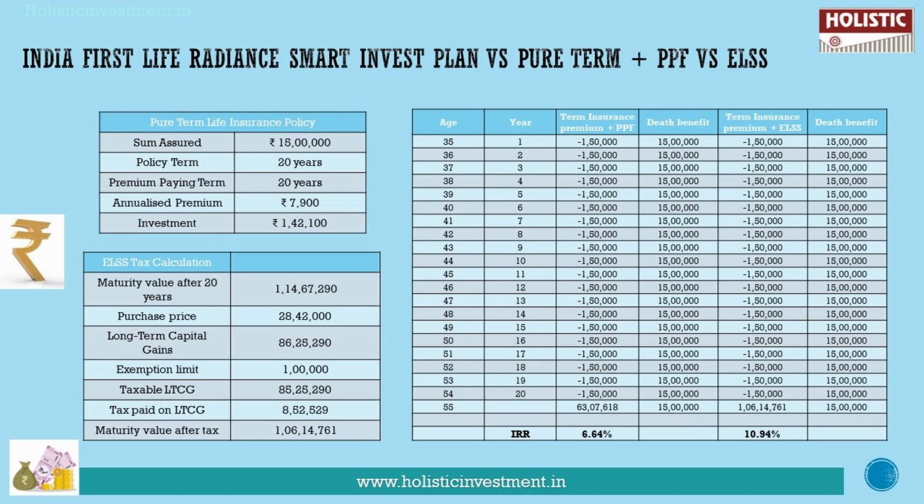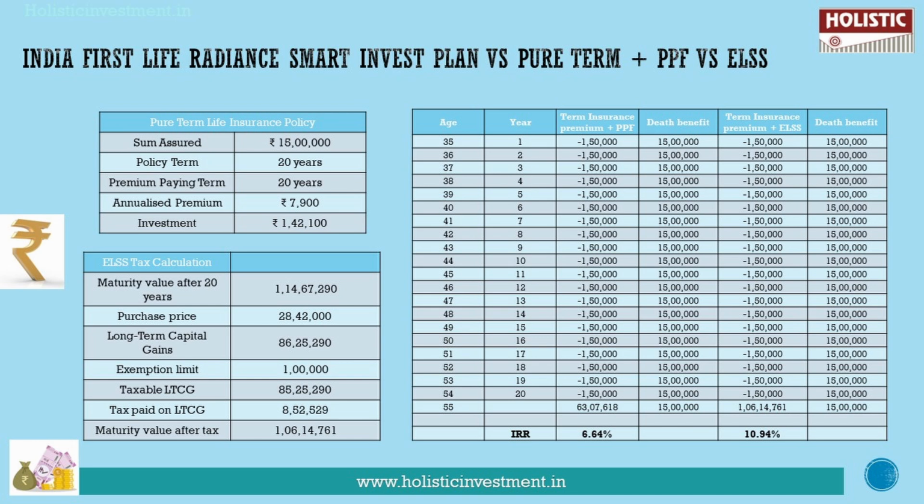But why we have chosen to invest in ELSS mutual funds is also because it has a consistent track record of showing us that if invested in ELSS for more than a period of 7 to 10 years, it can even give us a return of up to 12%. According to that track record, we have calculated the returns. And for a risk-related product, it has given us a risk adjusted return, and more than a risk adjusted return, it has given us an inflation beating return, which is definitely justifiable in the long run to help in our wealth accumulation process.